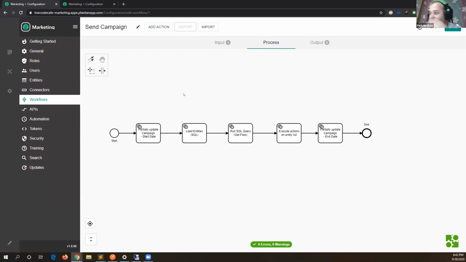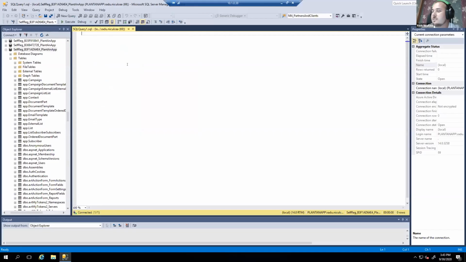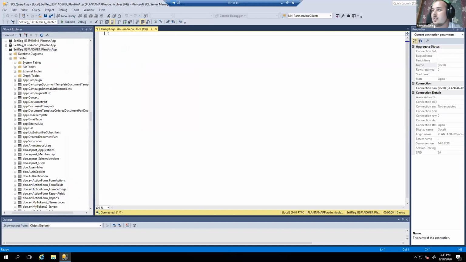So the first thing is going to be to read the external sources that each campaign has. In this case, we are generally going to click into the SQL server. We need to pull out all the lists of a specific campaign. So what we can do is select all from the